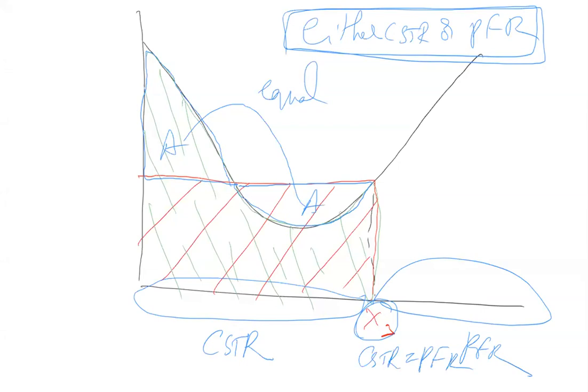You have these experiments in your labs also. You will do a simple autocatalytic reaction. You will plot this graph. You will find a conversion where the area of this particular portion is exactly equal to the area of this particular portion. That is the point. Suppose this conversion is something like 65, so that is 65% conversion. CSTR and PFR are equal. Below 65% conversion, you have to select CSTR, which is better than PFR. Beyond 65% conversion, PFR is better than CSTR.